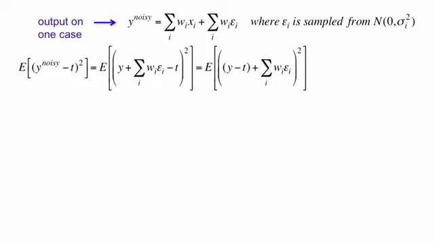So if we compute the expected squared difference between y noisy and the target value t, that's the quantity shown on the left-hand side of the equation, and I'm using an E followed by square brackets to mean an expectation. That's not the error, that's an expectation. And what we're computing the expectation of is the thing in the square brackets. So in this case, we're computing the expectation of the squared error that we'll get with the noisy system. So if we substitute the equation above for y noisy, we need the expectation of y plus the sum over all i of w_i epsilon_i, all squared, minus t.